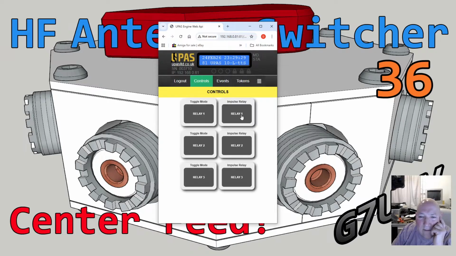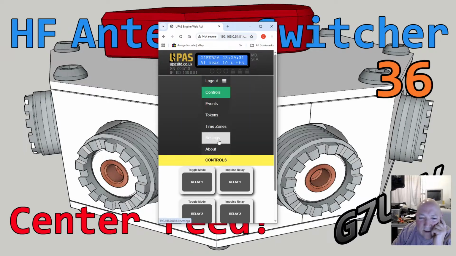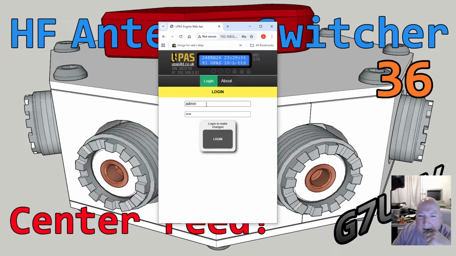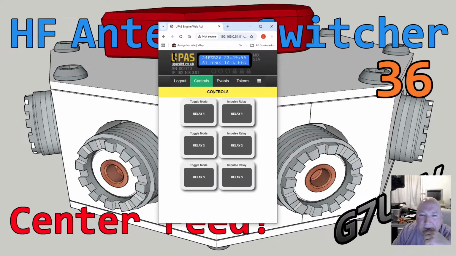But the login, if you want to change your login credentials, just go to login, and you can just override your admin and password. At the minute, I've got it staying logged in, so if I unclick that, you would have to go and put in your login details. It just saves me typing it in while I'm testing. So anyway, it's got all that. So all we've got to do is create a single page for controlling it. Really, everything else can stay the same.